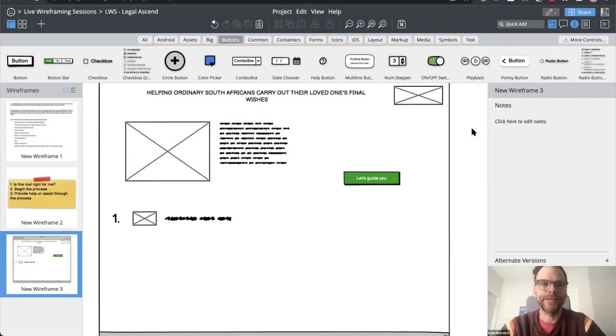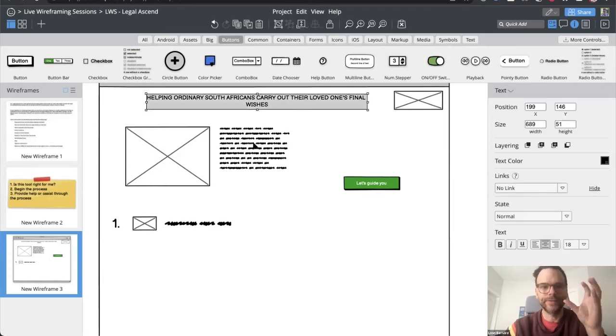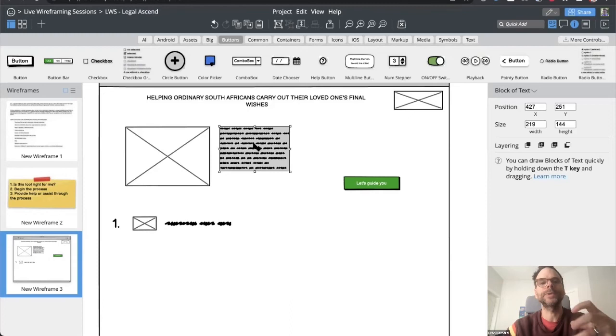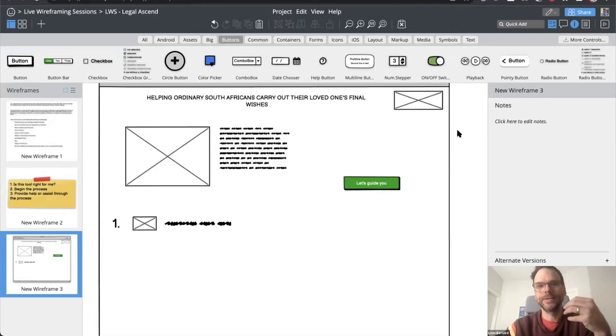I would say that that's very powerful. That's a very compelling message, and I think that's something that should really be upfront on the page. So explain what the site is about, show people, help connect to people who are in that situation, and then make a very clear statement that says, we can make this easy for you. You have a lot to deal with right now. We can get you what you need in an automated way, so you don't have to do all this work. That's the real value add of the site, and I think that should be a core part of the landing page message.